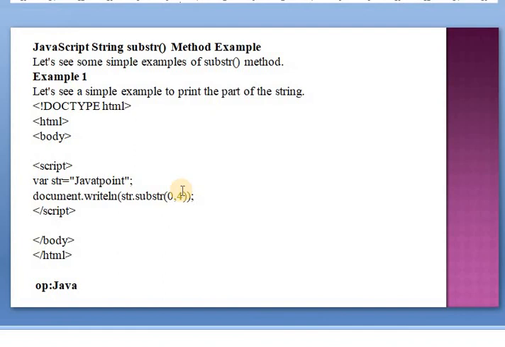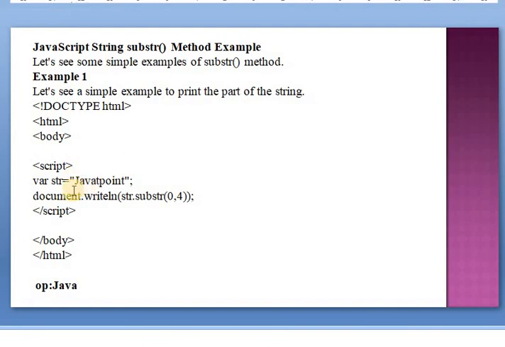But in the substr method, the syntax is start and length. It means the second parameter is the length and the first is the starting position of the string. Here 0, it starts from 0, and length is an optional parameter. It returns that number of characters, starting from 1, 2, 3, 4.